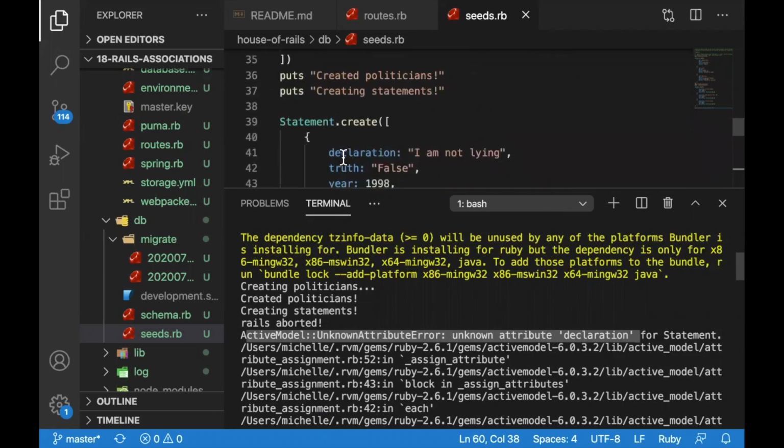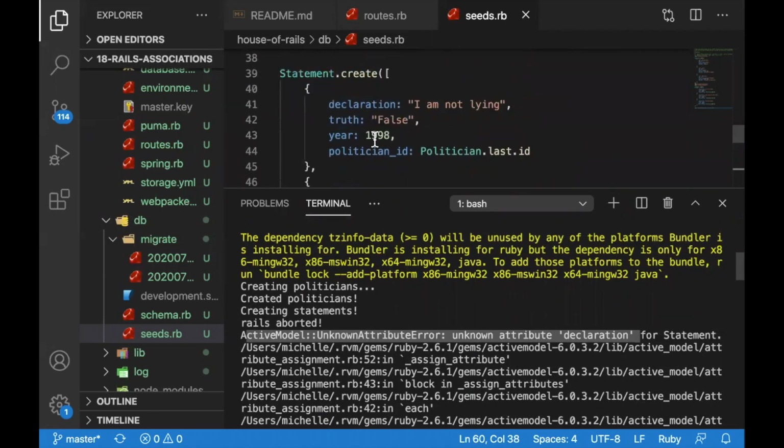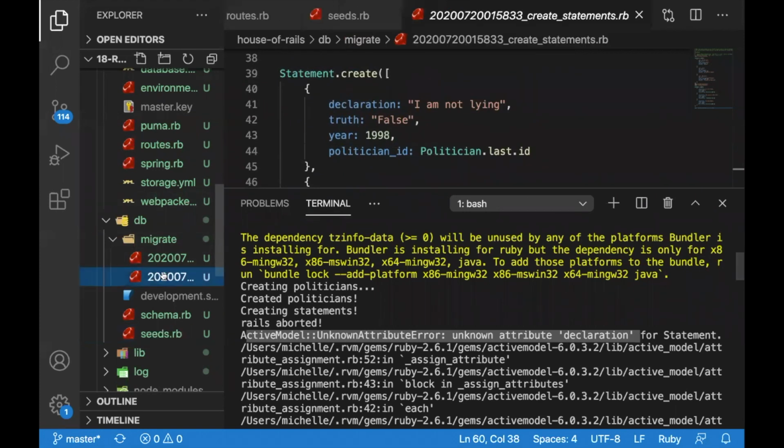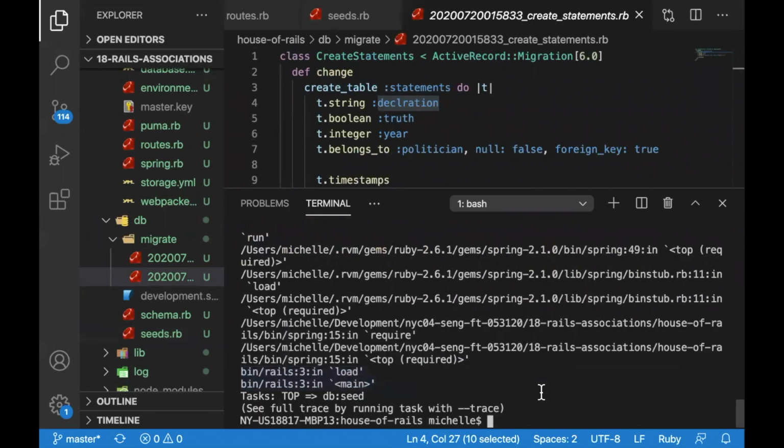So let me see, did I spell this wrong? Declaration. That looks right there. Maybe I misspelled it inside of my migration. Yeah, I did. I misspelled it here. So we can change this. So if I say rails db:migrate:status,